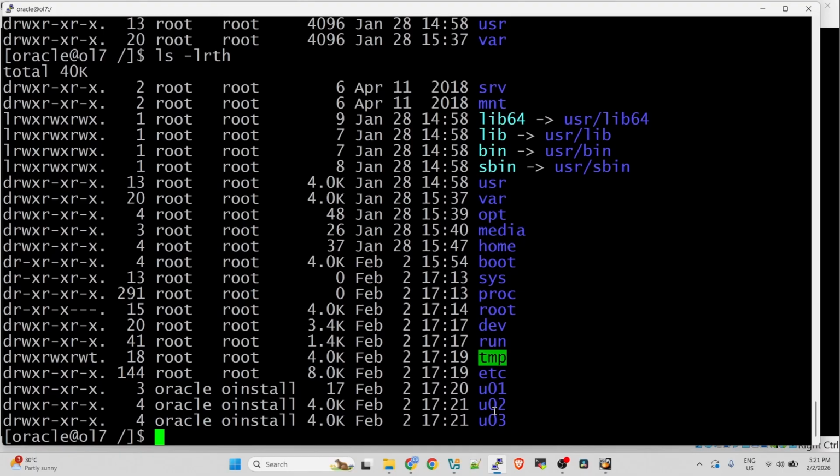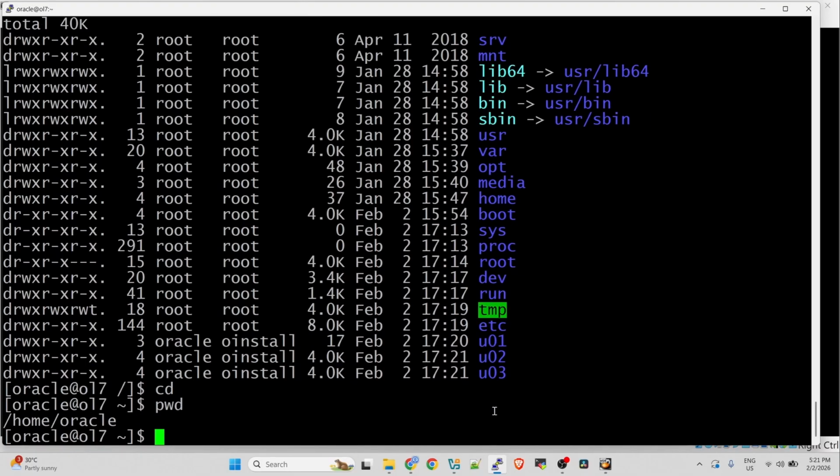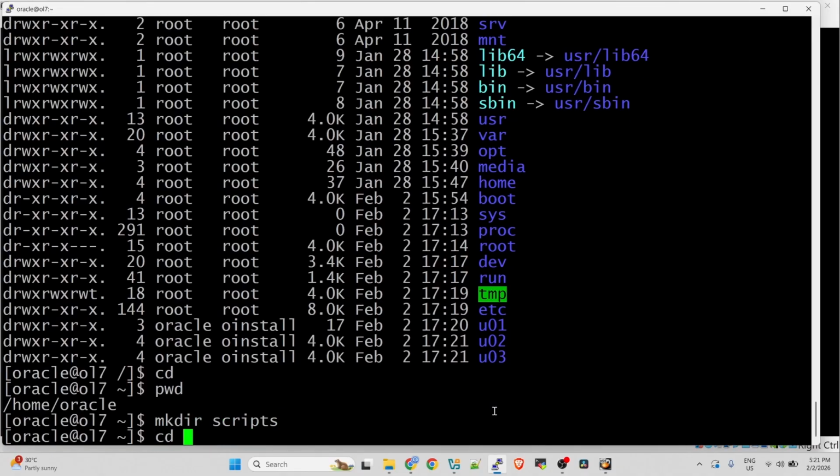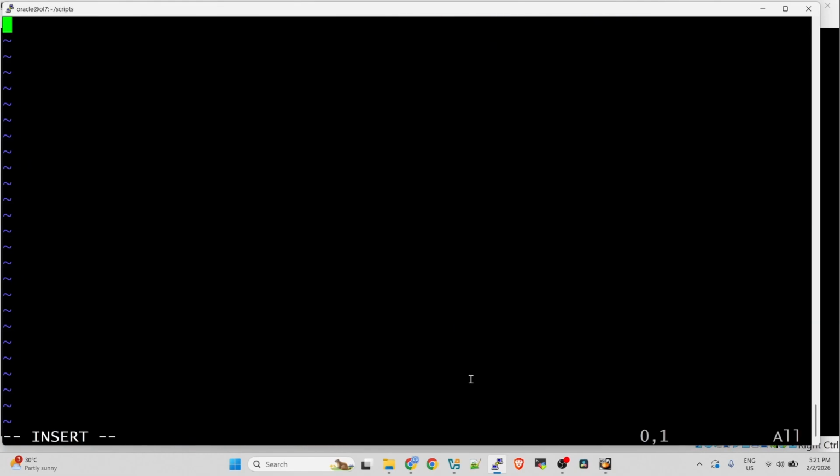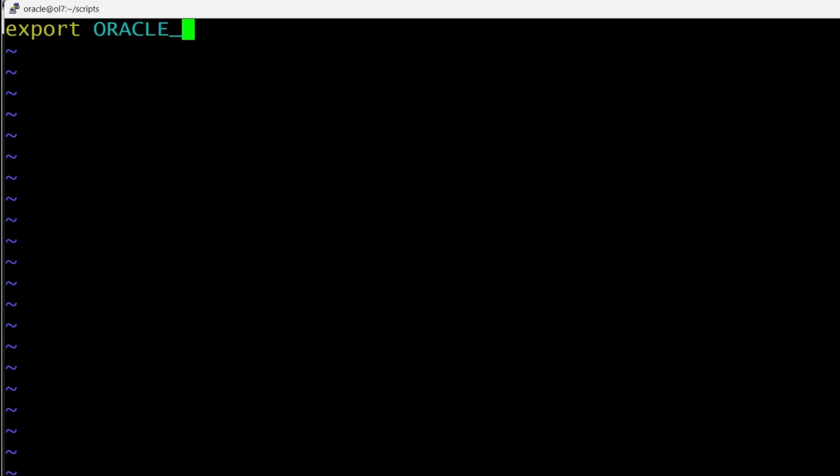We can also create, in our home, a scripts folder, and then let's create an environment file. So vi environment.sh, insert.